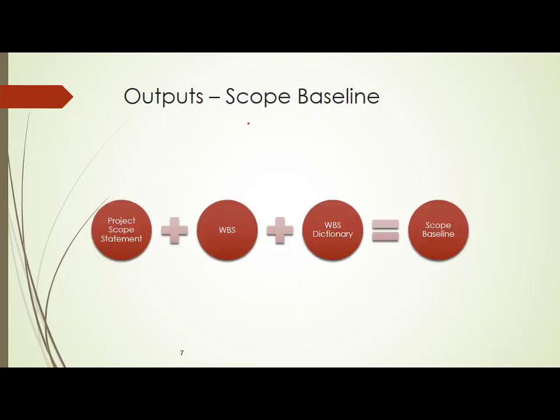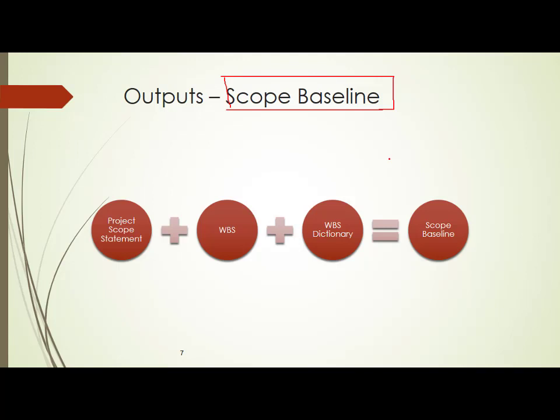First, see what is the meaning of a scope baseline. It is a very important document for a project manager. What is the meaning of a baseline? Baseline is nothing but a kind of indicator of what is the scope of your project. You have a time baseline, you have a cost baseline and you have a scope baseline. So, scope baseline will basically tell me what is there within the scope.